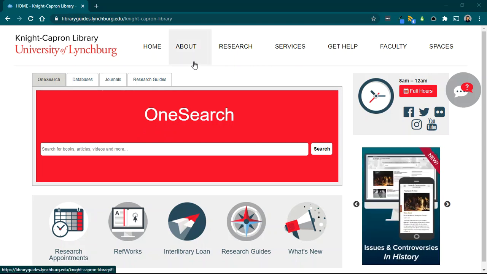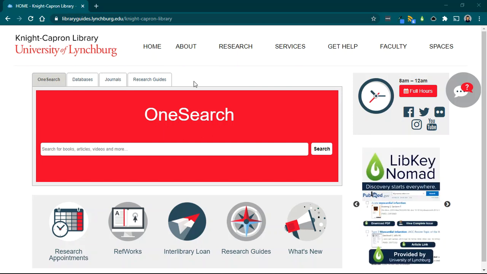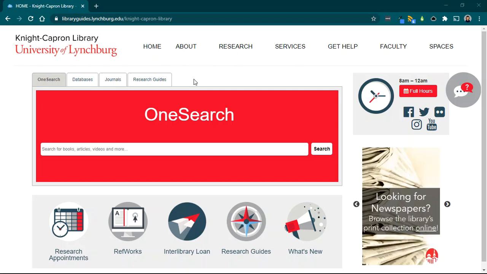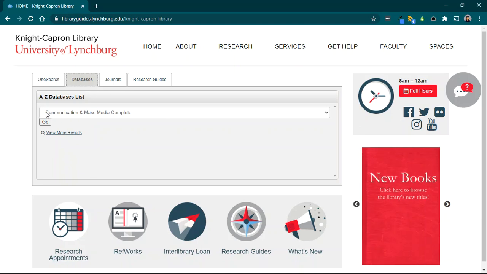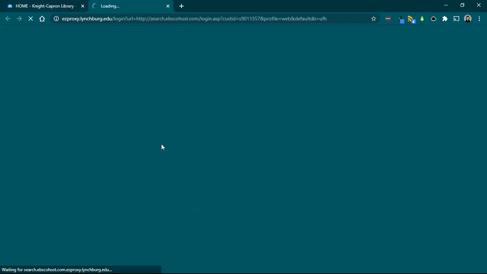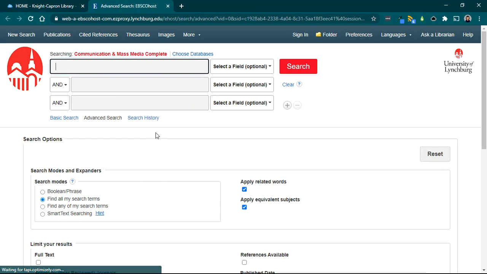So let's imagine that I was going to study the dissemination of fake news in social media networks. So let's go to a relevant database. In this case, I'm going to choose Communication and Mass Media Complete. And in this case, I'm going to be looking for a network analysis, which is a specific type of social